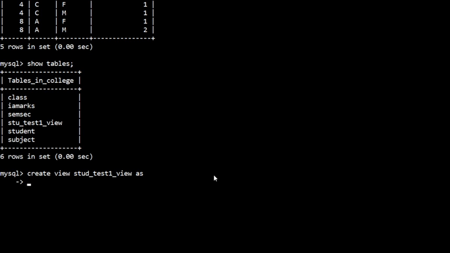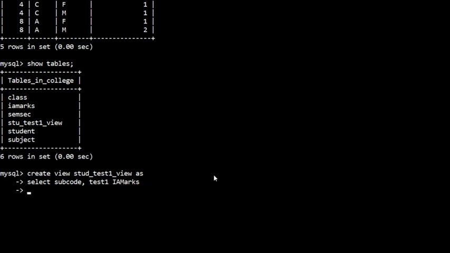What do we have to store in this view, and how can we define it? We need to write the query. This query must fetch the details of the student, only test 1 marks. So we'll write select, and in each subject we have to show the subject code and test 1, which is the attribute name. I'll rename this as IA marks.